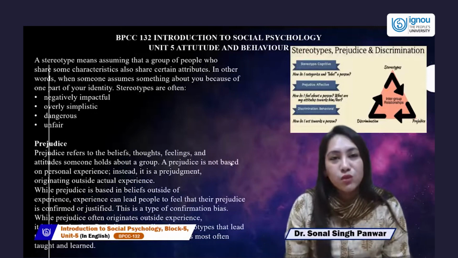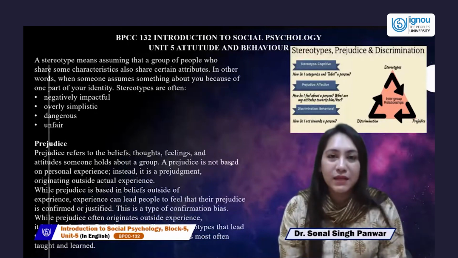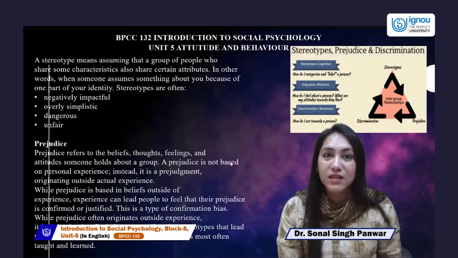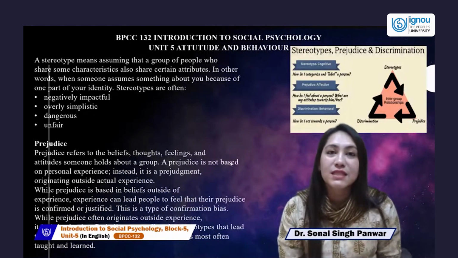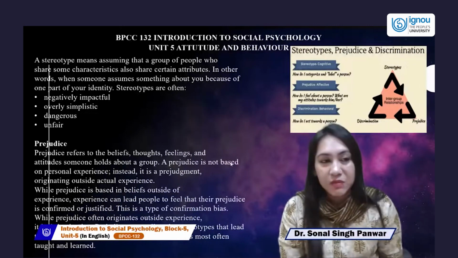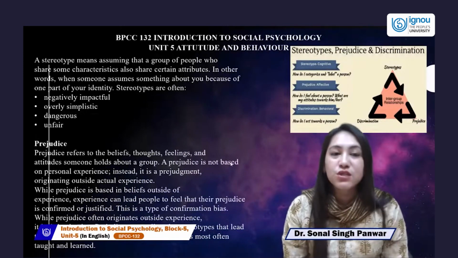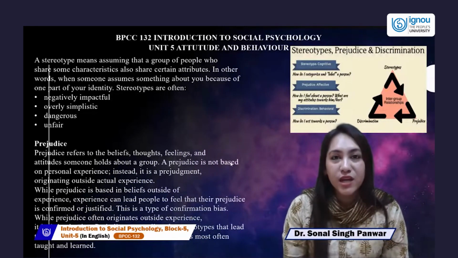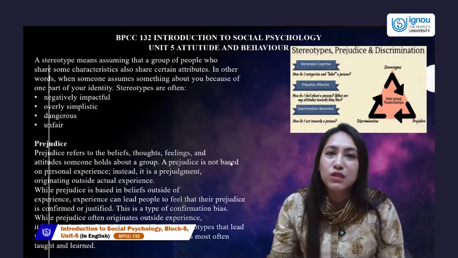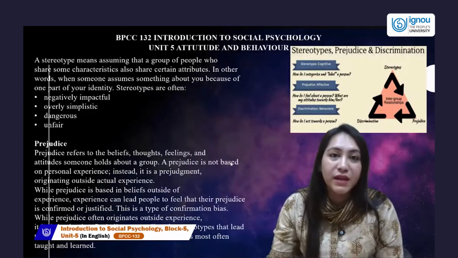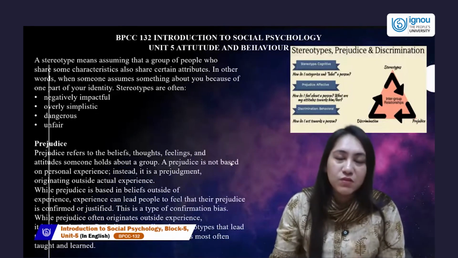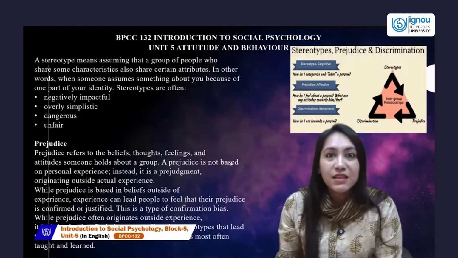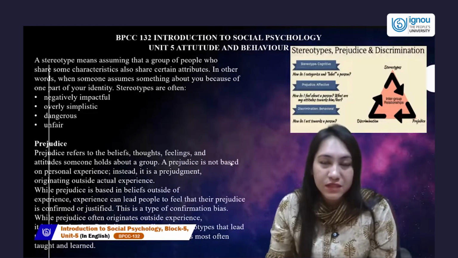Coming back to three major concepts of applied social psychology that we will talk about, which is stereotype, prejudice and discrimination. Why did I say applied social psychology? Because this is something that you can all see in society. Speaking of stereotypes, it means an assumption that a group of people share common characteristics about a certain attribute has been made by somebody. In other words, we can assume it could be because of their identity, their behaviors, the way they portray themselves in society.